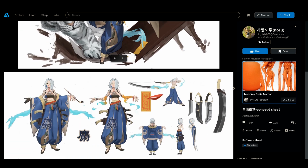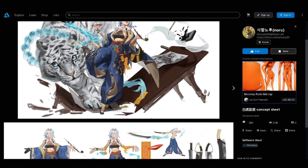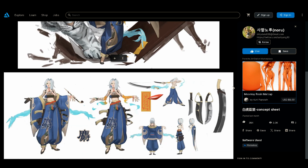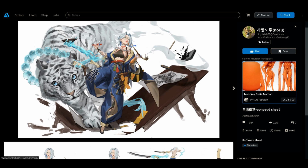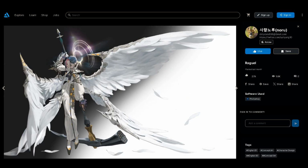So I have noticed that obviously it's mainly character art. I do notice in South Korea they do a lot of character designs, and it's a bit different because there's way more exaggeration when it comes to the shapes. Let me just find something like this one, where a lot of the shots are fairly simple. If you focus on the figure itself, they're not in a very dynamic pose. It's very close to a standing position, but they compensate